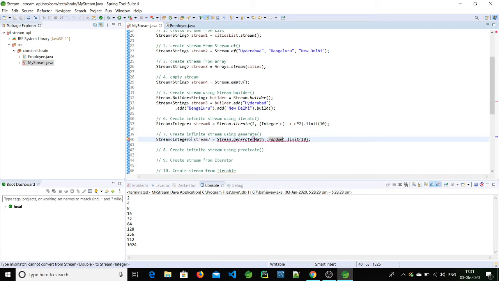Okay, so here I have specified Integer as the type. So let's not specify it, because whatever random number is generated would not be of integer type. So let's make it float. Let's see.